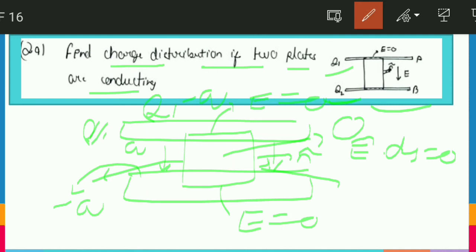So friends, what we can write here is q1 minus small q, and here we will have q1 plus q by charge conservation. You can apply your brain and think why I have written this. Actually, I have used the charge conservation, and this I have written from the Gauss law, because net electric flux should be 0. So friends, moving to our next slide.